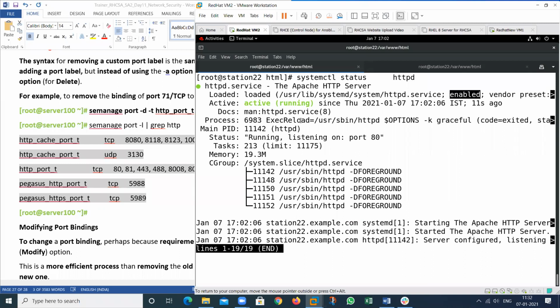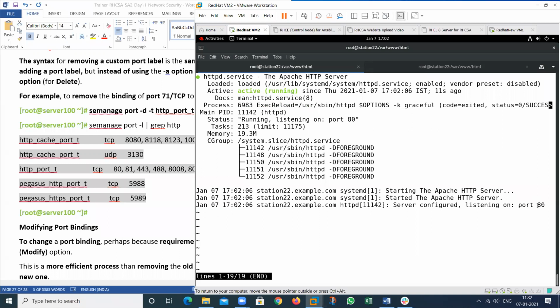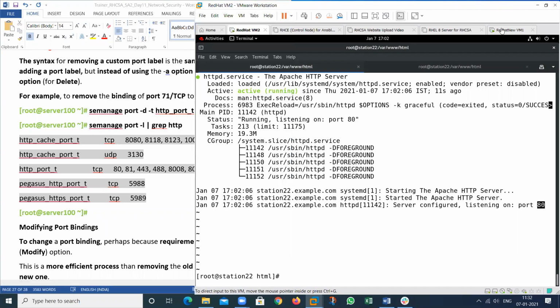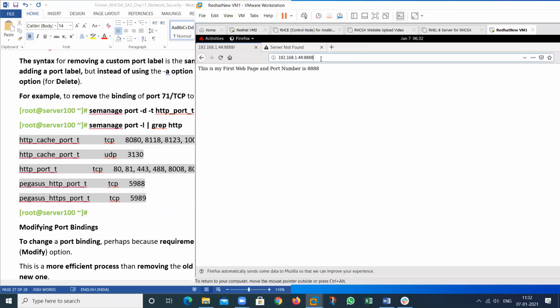See here, this is enabled, this is running, and which particular port is allowed? That is 80. This is the standard port, not a non-standard port. If I want to use a non-standard port, a violation will occur in your system, and that is restricted by SELinux. So if you remove this one, then it will not work.